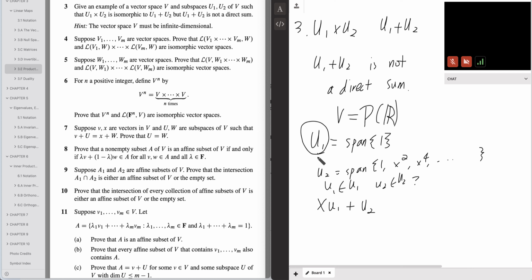Let's say that u2 and u1 are spanned by some arbitrary elements in the polynomial space. As long as they have one element which overlaps, which they must because they're not a direct sum, they must have some non-zero element that overlaps in the basis. And if not, then you can always switch a basis so that they overlap. There must exist a non-zero element which is in the intersection of u1 and u2, and then you expand that element to a full basis in both u1 and u2. Now you have a basis of u1 and u2 which have a non-zero intersection, and then that element you must